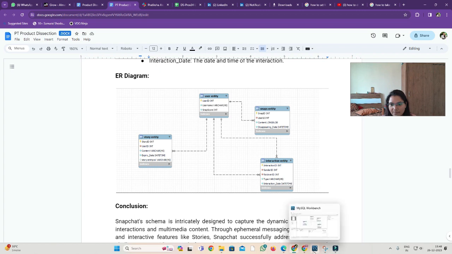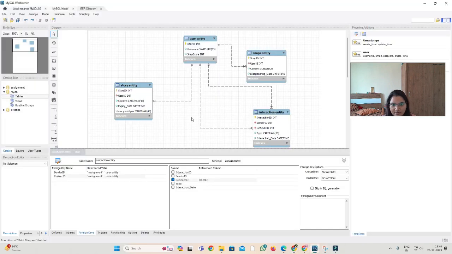I am opening MySQL so we can interact mostly. So here we can see the first schema, that is the user entity. In the user entity, we have user id as an integer, username as a varchar, then the snap score as an integer.